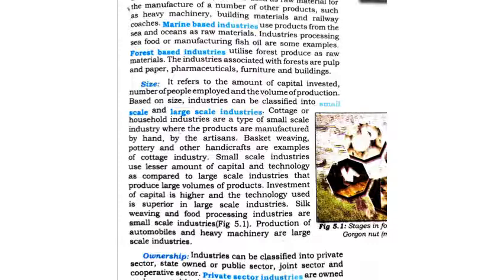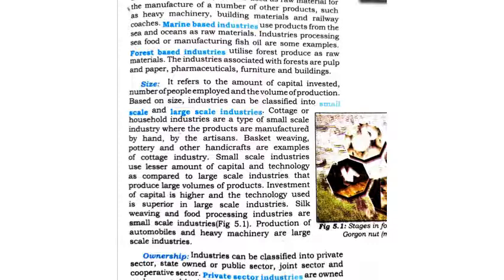And small scale industry uses a lesser amount of capital. बहुत सारा पैसा की जरूरत नहीं होता है यहाँ पर इंडस्ट्री के लिए. तो the small scale industry uses a lesser amount of capital and technology also. I have already told you this. In this industry, we do not need heavy technology. We do not need rocket science things. They do not need to use a heavy type of technology in this industry.